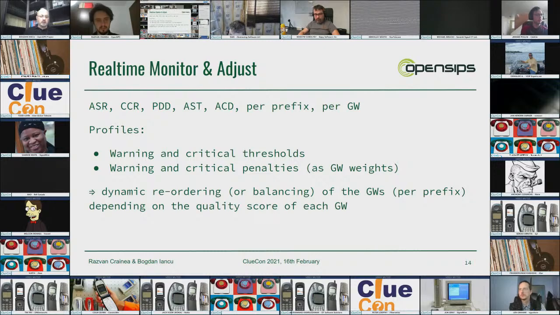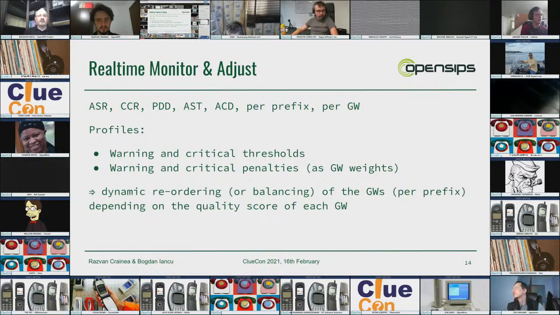For example, you have several thresholds saying, okay, the quality of the gateway is bad or really, really bad. And how much traffic penalty, like how much traffic should be cut off from that gateway, for the so-called warning